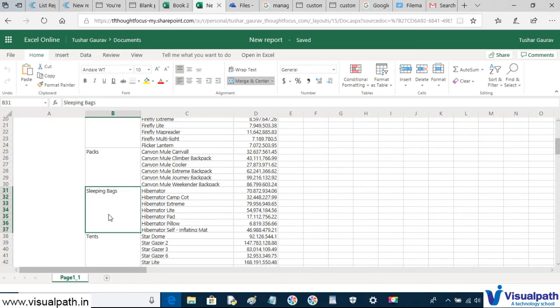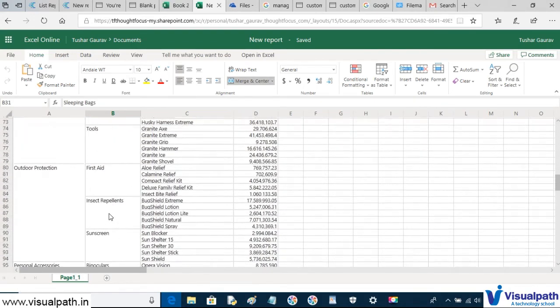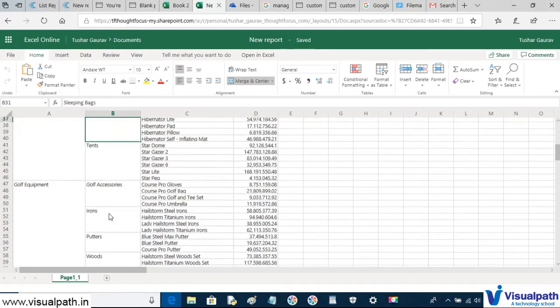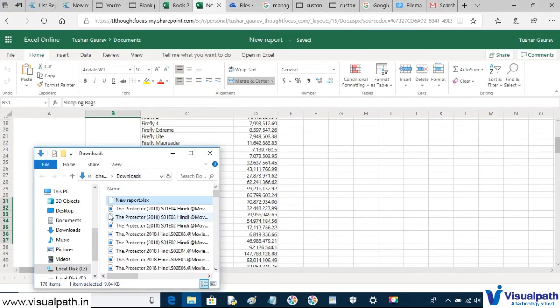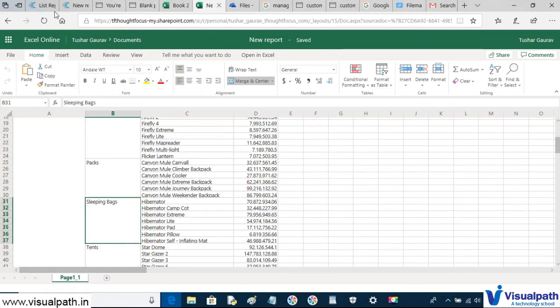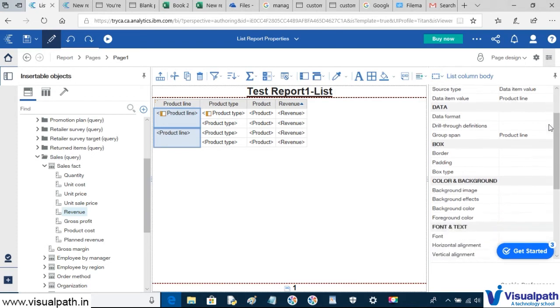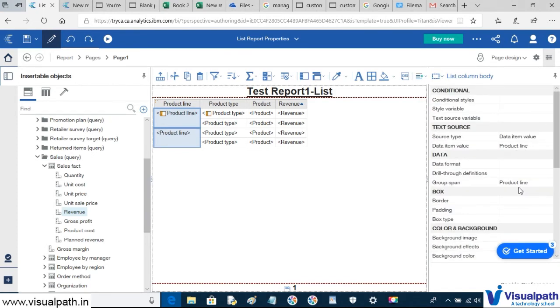Okay, so for that what we can do is apply group span so that the grouping can be done in a more appropriate manner. So let's try to apply group span. For that, click on product line, and under properties you can see we have multiple options.